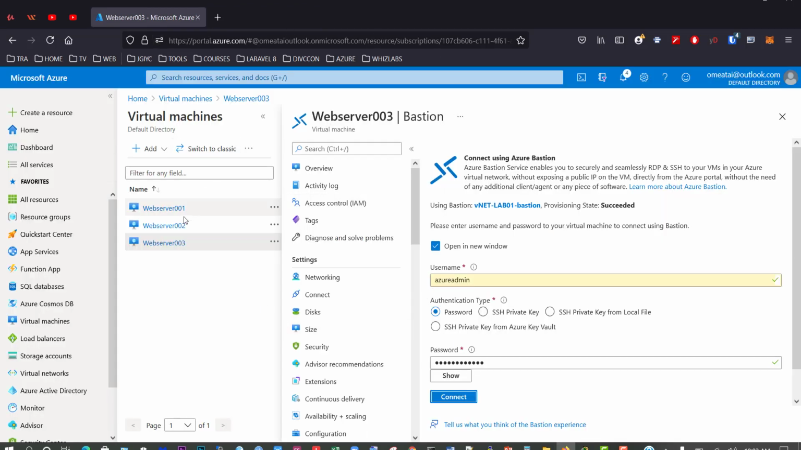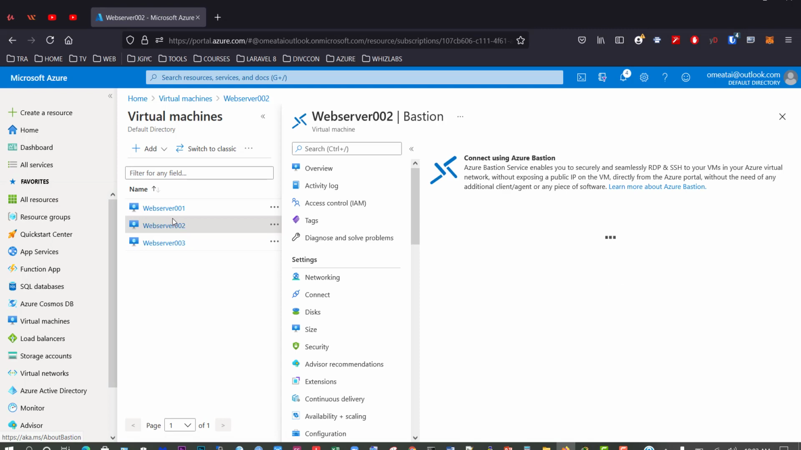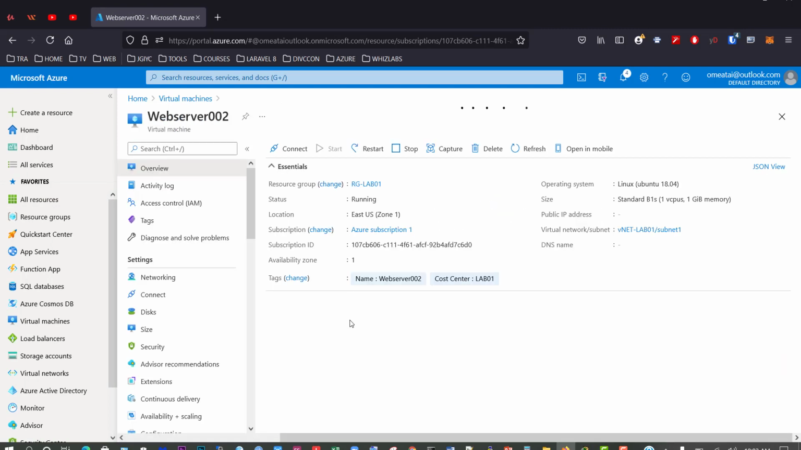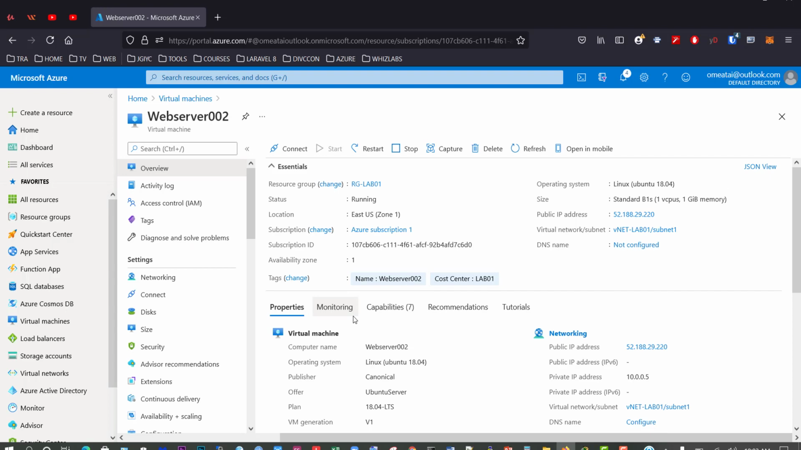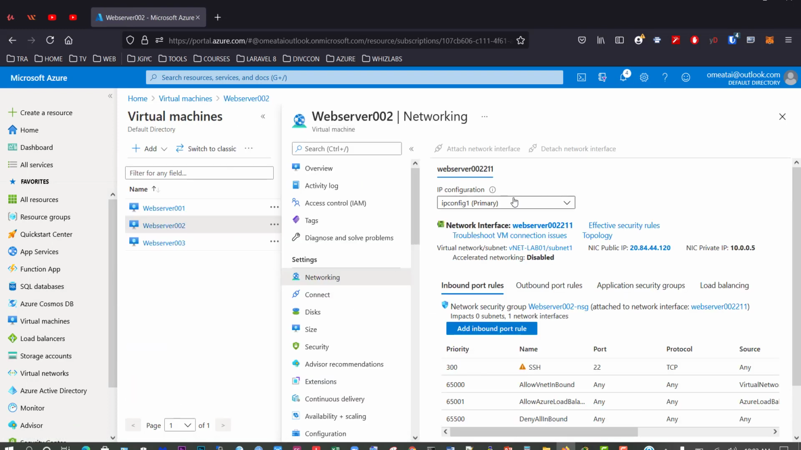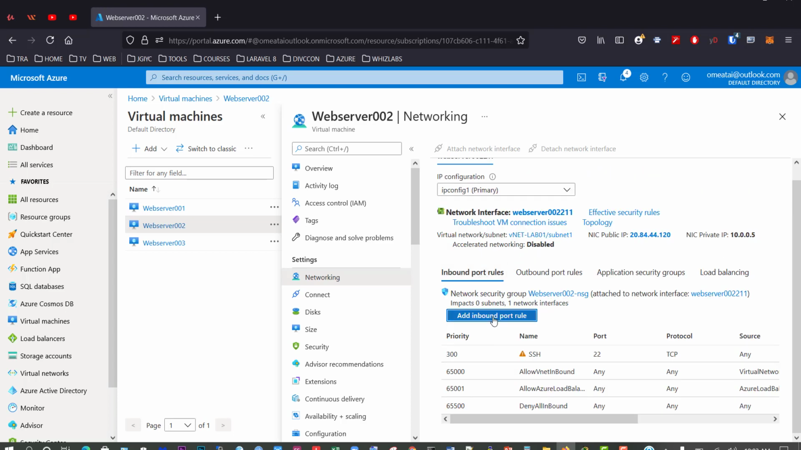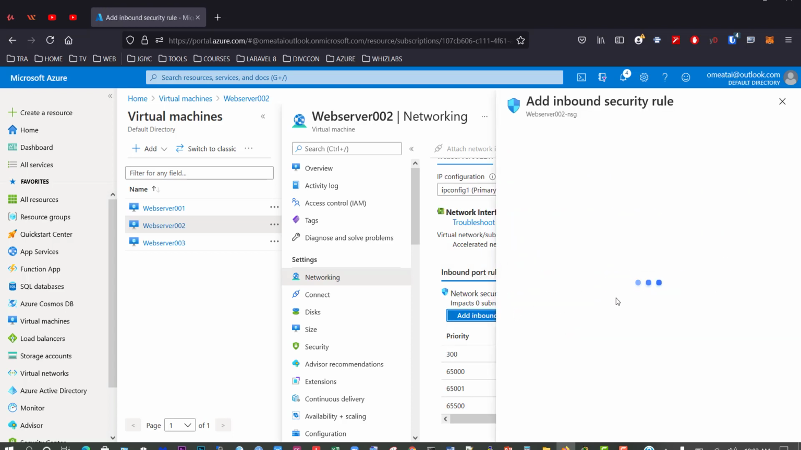And now we're back to the Azure platform, and we need to ensure that web server 2 and web server 3 have the inbound rules supporting HTTP access to both web servers. So let's check that. So go to networking, and we'll see that there is no HTTP inbound rule. So let's include that. So we'll add inbound rule,